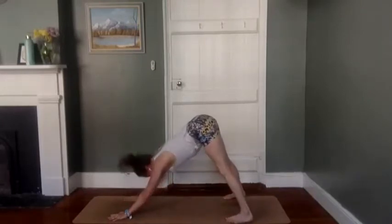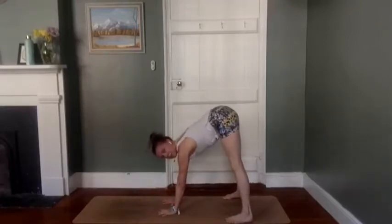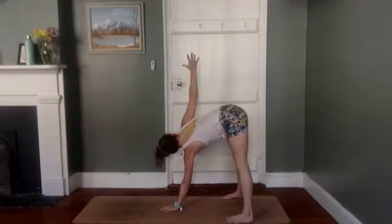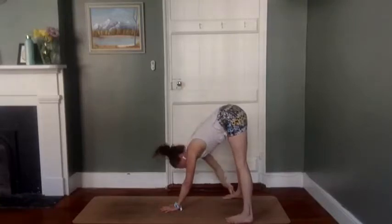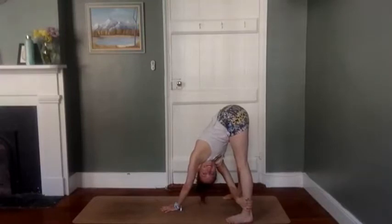We're going to walk the hands about halfway to the feet, almost a half lift, but not quite. Left hand will come to the center of the mat. Right arm will reach up, keeping the hips as square as possible. So think about driving the outside of the left heel down to pull the hip back. And then swim the right arm underneath the left armpit for a twist. Take a breath in,